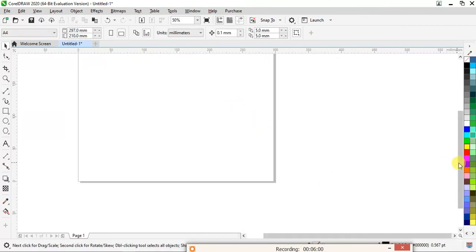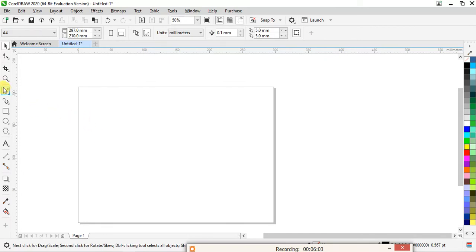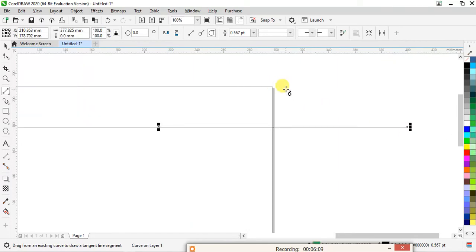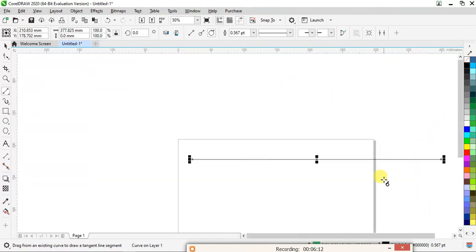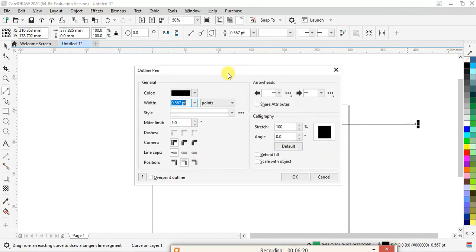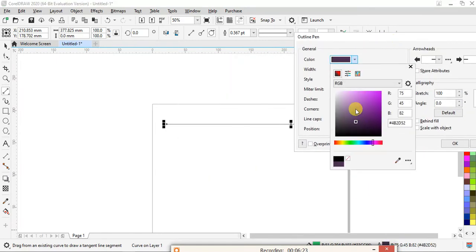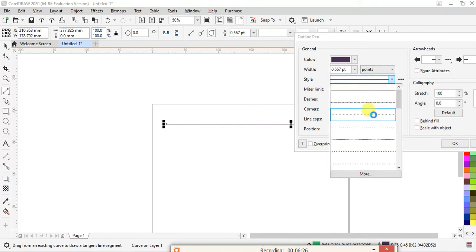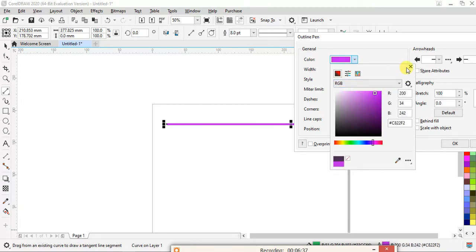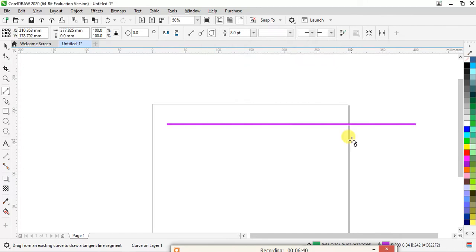Now let's see our different options. Also, you can change the line color or thickness. So for example, this is my line, then I can change the color of my line. You can see, or you can change the color of the line from here also. Double click on this and you can change the color of your line, the thickness of the line. As you can see here, its color also is changed. Likewise, you can change its color also.